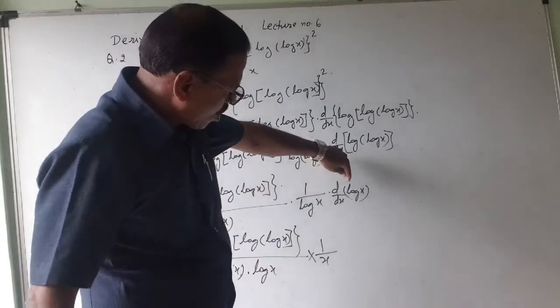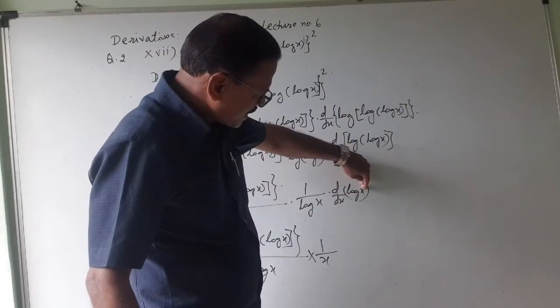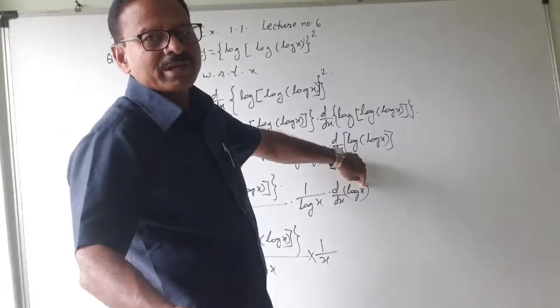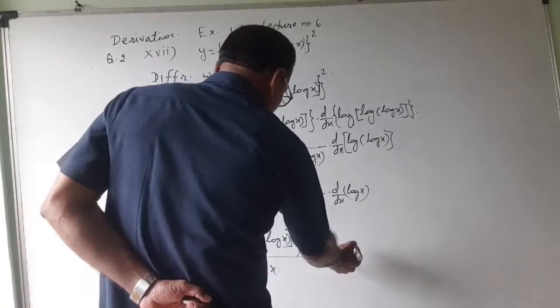Now of this log I have taken. Now I have to take the derivative of this x, and the derivative of x is 1. That's why we are not taking it. So the final answer would be